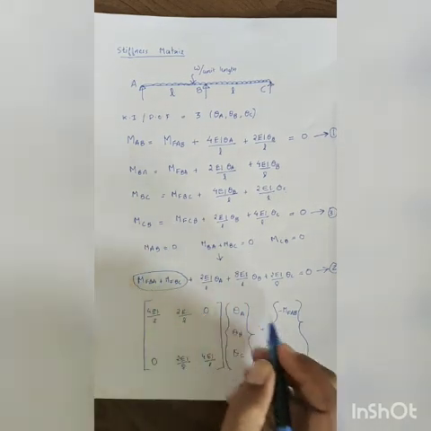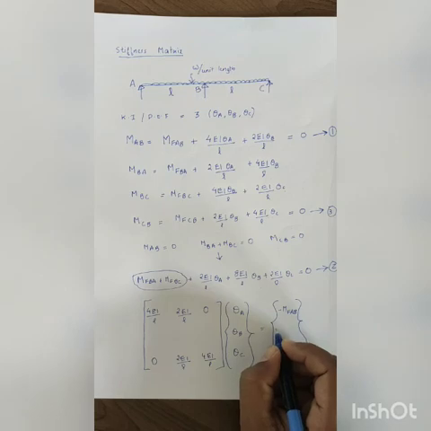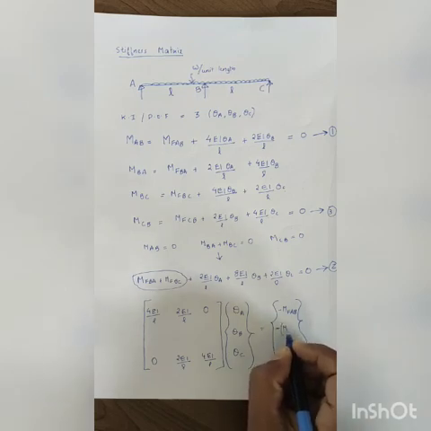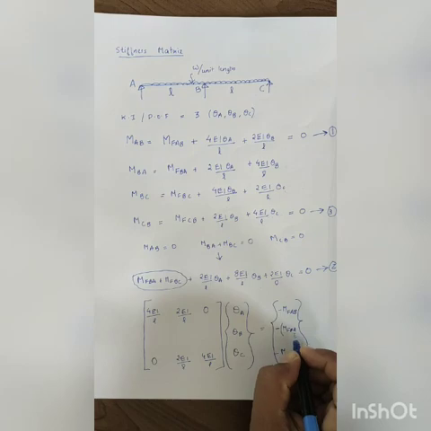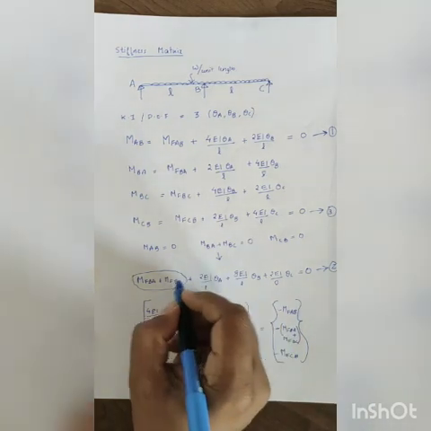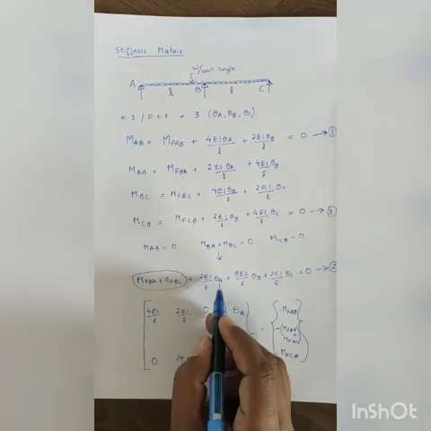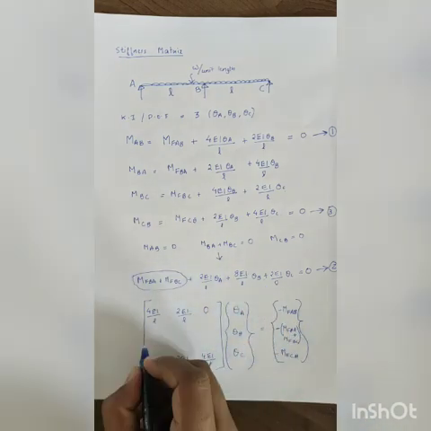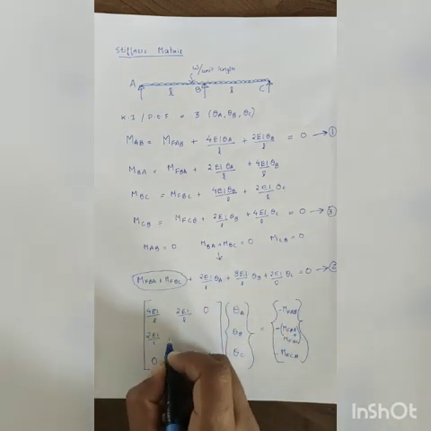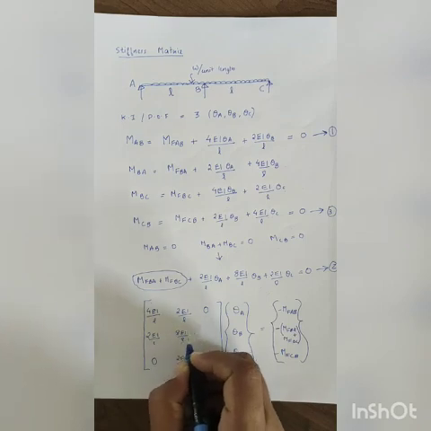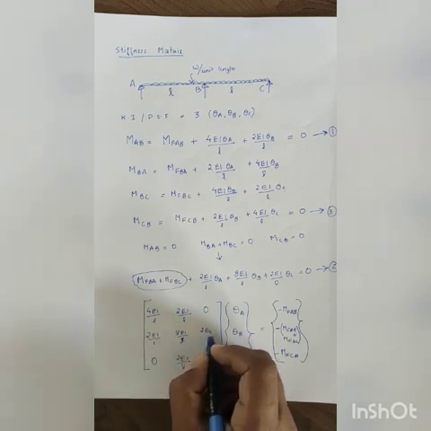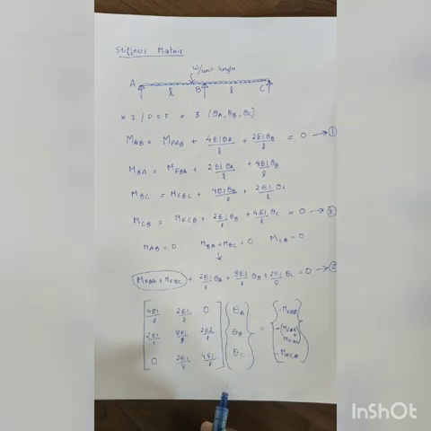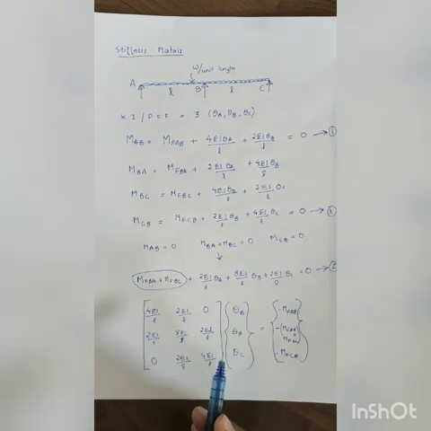So on the right hand side there will be two terms, minus of M_BA plus M_BC, that is these two terms. And you have three terms, theta A, theta B, theta C. Coefficients are 2EI by L, 8EI by L and 2EI by L. So you have to write it as 2EI by L, 8EI by L and again 2EI by L. So you can see that all the three equilibrium equations can be written as